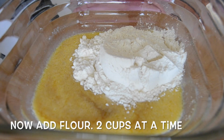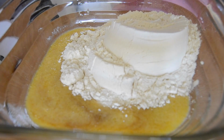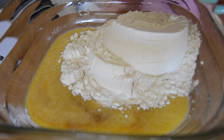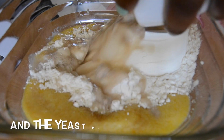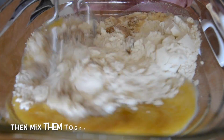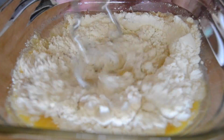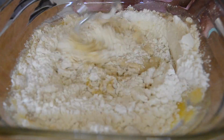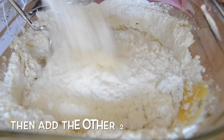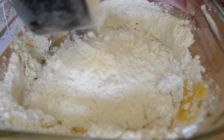Once everything is all mixed together, it's now time to add the flour. You're going to do this 2 cups at a time, and the first time you're going to go ahead and add as well that yeast mixture that you set aside earlier on. Go ahead and add that on. It looks disgusting, but trust me, it will work. And then go ahead and mix this just until it's a little bit incorporated. Just make sure it's not like completely mixed together, but then you still need to add the other 2 cups of flour. Then go ahead and add the other 2 cups of flour once everything is kind of incorporated together,